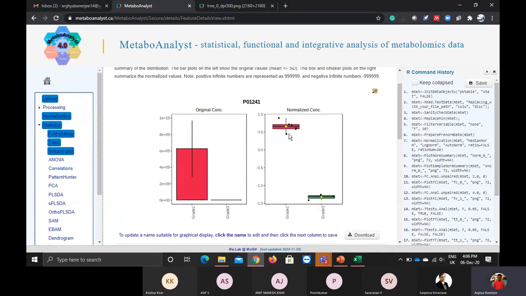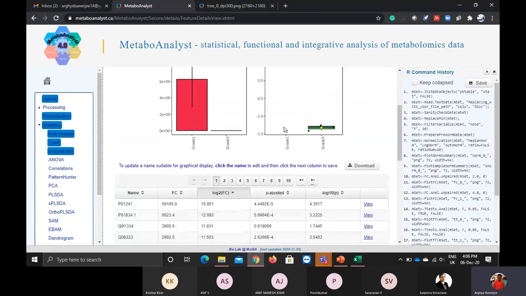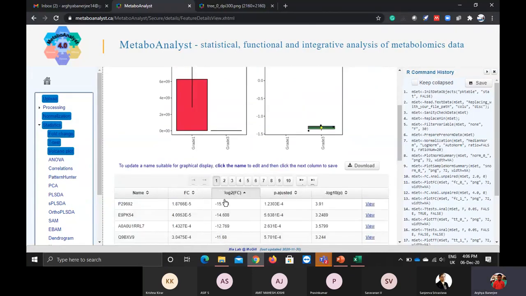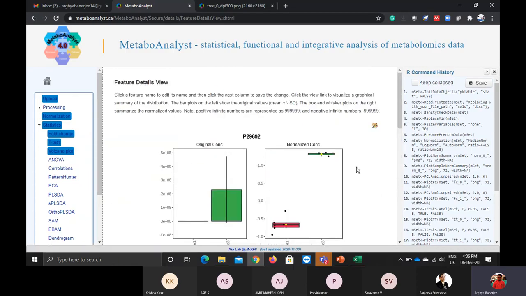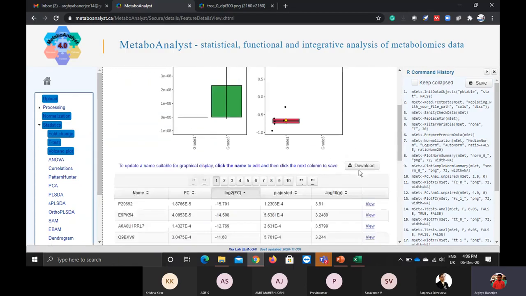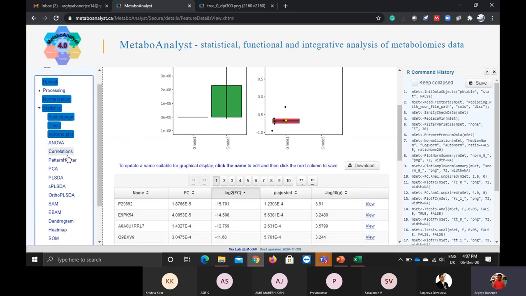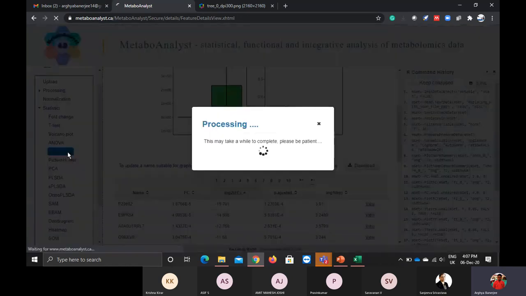See, I am having this grade 1 as very high. If I go to my least one, see, my green is the highest. On the basis of that, I can download this Excel. For two samples, ANOVA is not there. You can go for the correlation plot. You can see how the samples look like.